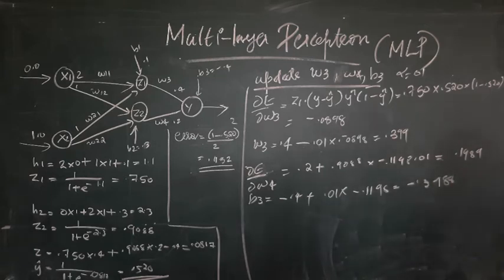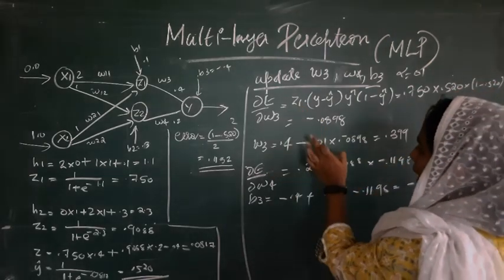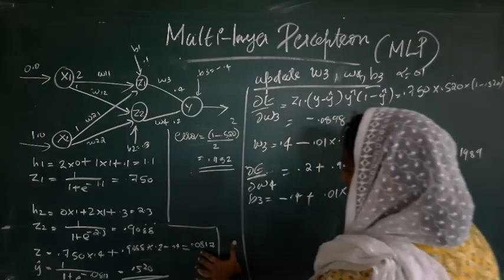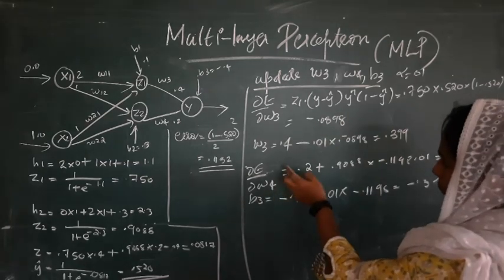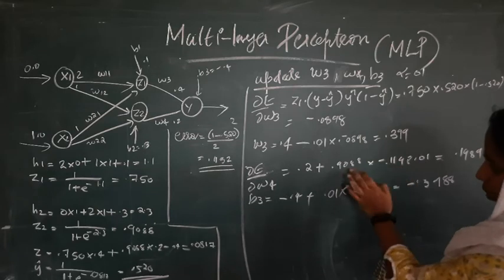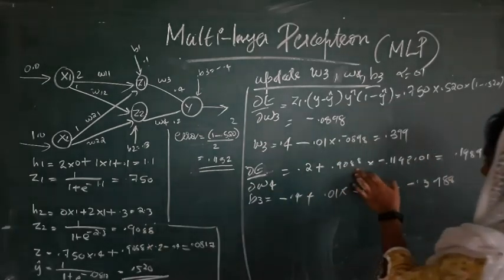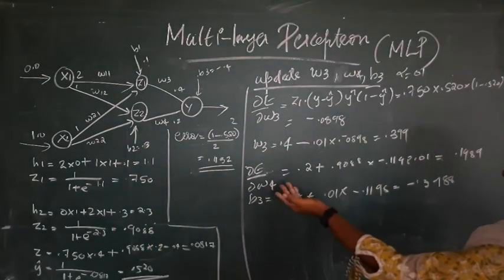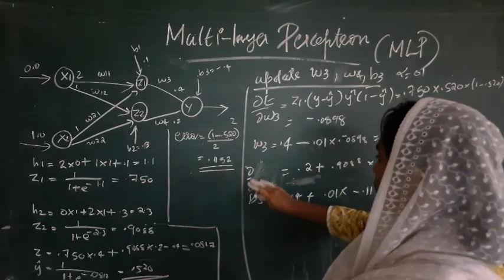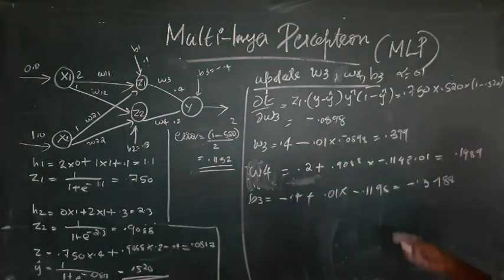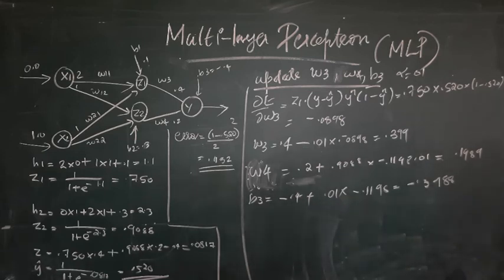Okay. So I hope the weight update for W3 is clear. For W4, instead of Z1 you have to write the value of Z2, that is 0.9088. This value must be substituted and the rest of the computations are the same. So now you can update the value for W4 also. You can find the new value of W4 as the old value of W4 plus this weight update value. So you get the new value for W4. Similarly, you can do that for B3 also. Okay. Hope that is clear.